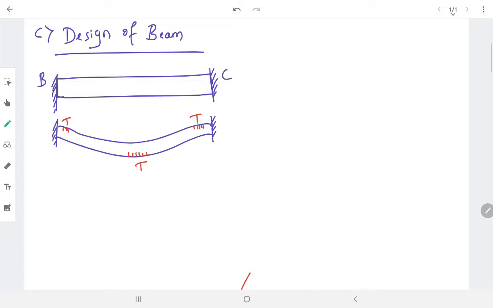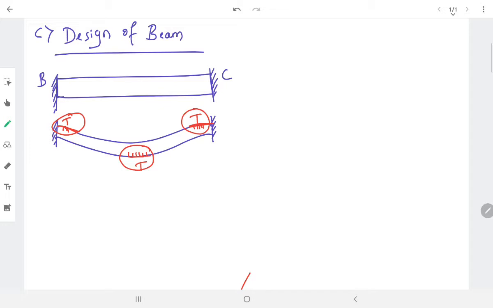So draw the design of the beam. In this, draw the mid portion of the portal frame, that is BC, and just observe the bending of BC whenever UDL acts on it. At that time the bending diagram will be somewhat like this. You can see here in the bending diagram, the tension will be developed at the bottom of the beam in the mid span, and at the support it is above. So we need to remember this while drawing the bending diagram.